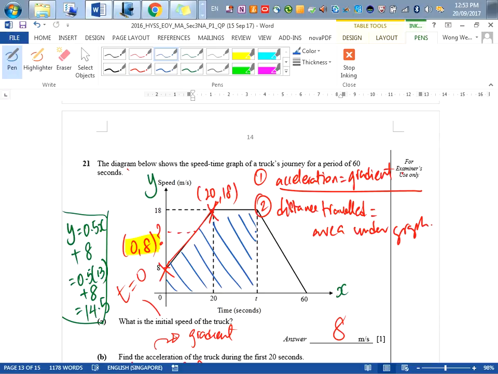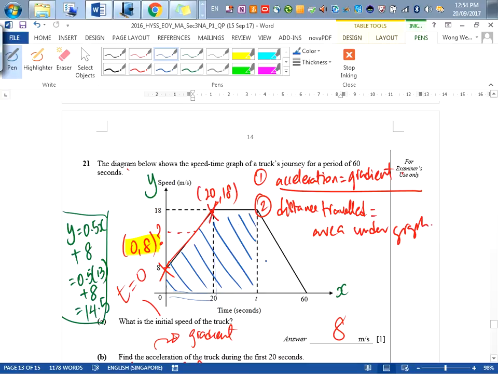So I form an equation for the area. What is this shape? Are you sure it's a trapezium? It has 5 sides. 1, 2, 3, 4, 5. It is made up of? Okay, it is a polygon. Over here I have a trapezium and then I have a rectangle. So I can find the area of this trapezium, right? Half times the sum of parallel sides. Here I have 8, here I have 18, times the perpendicular height, which is 20. I add that to the area of this rectangle.